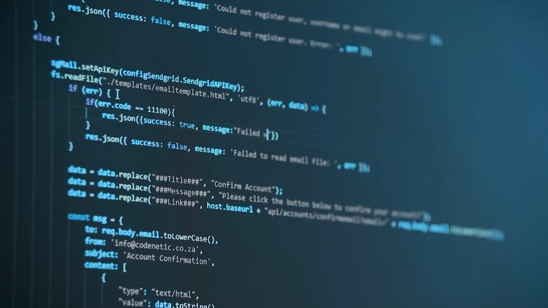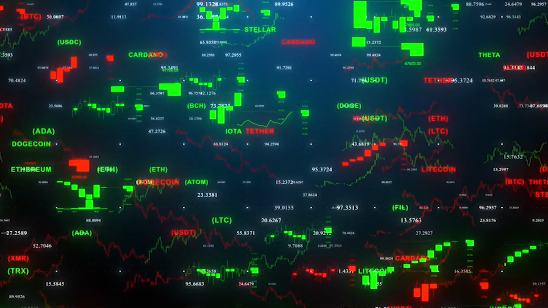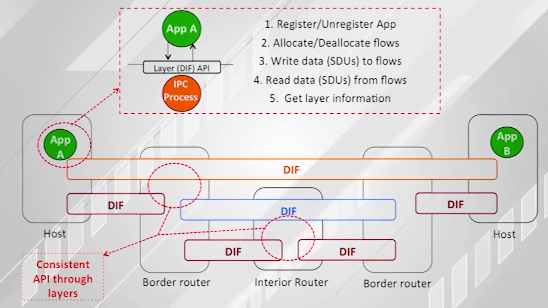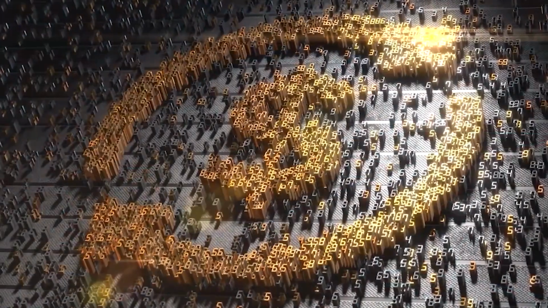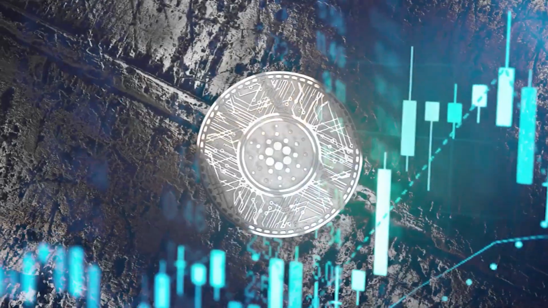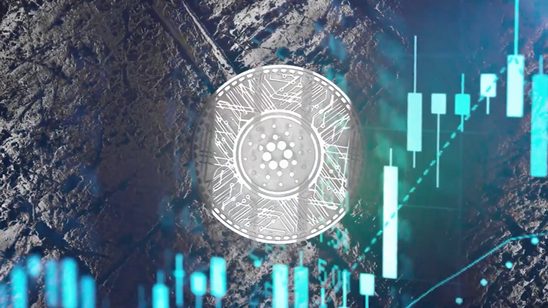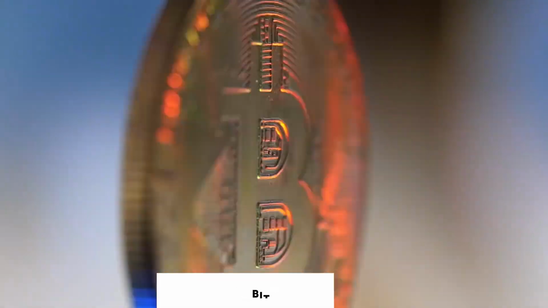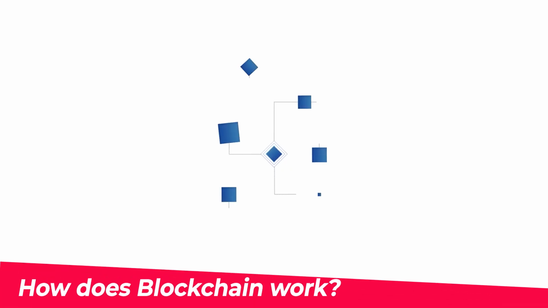Databases can also be edited by everyone who has access to it, while blockchain can be accessed by everyone, but can be edited only by authorized personnel. Blockchain hence proved to be more credible for recording large financial transactions and is now used by Bitcoin entirely over other databases. So how does blockchain work?